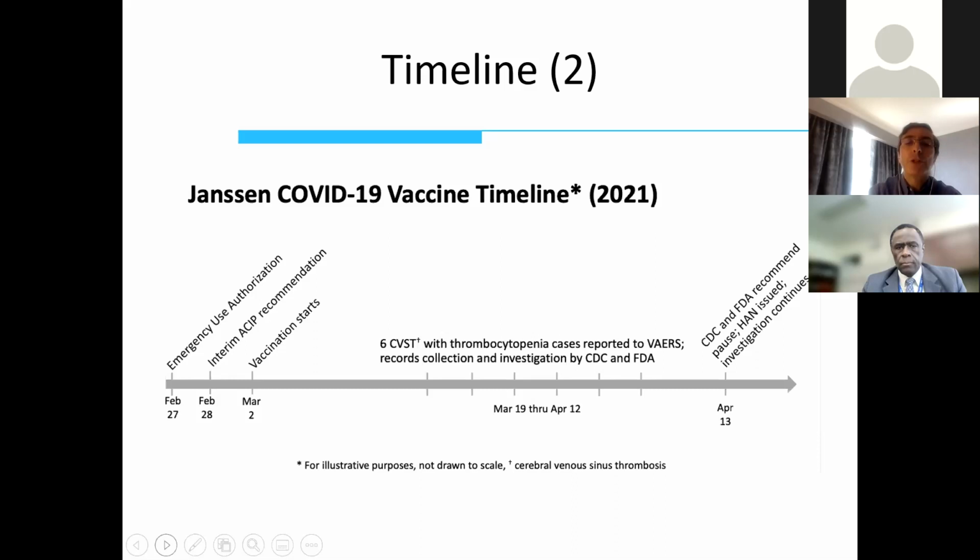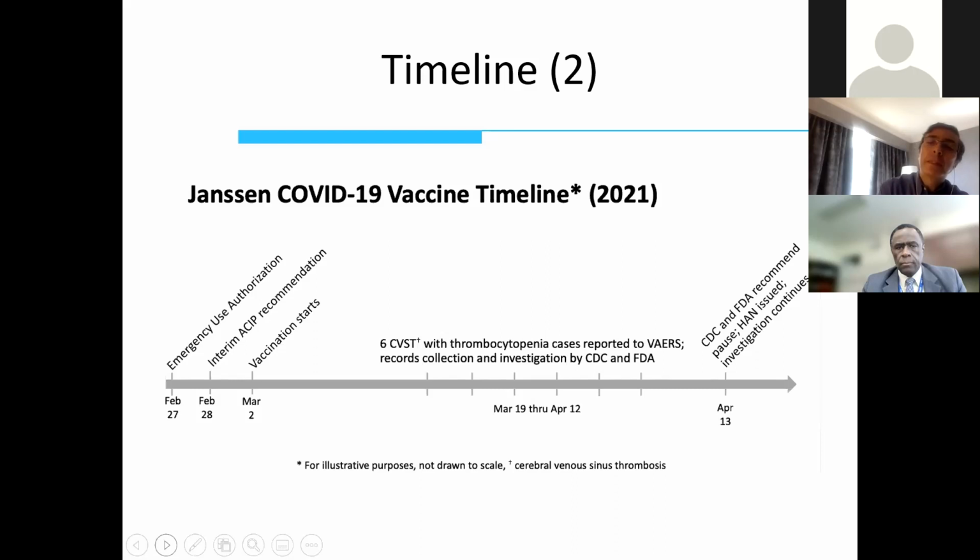Somewhere between March 19th and early April, 6 cases of patients with cerebral sinus venous thrombosis, which is thrombotic complications and occlusion of the venous system in the brain, accompanied by thrombocytopenia, were reported